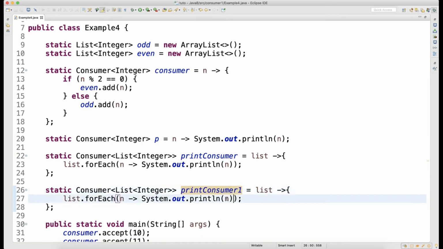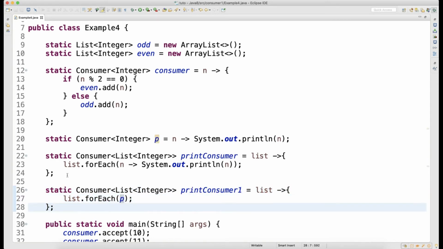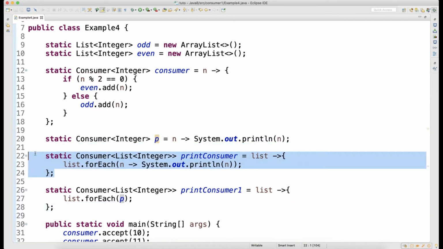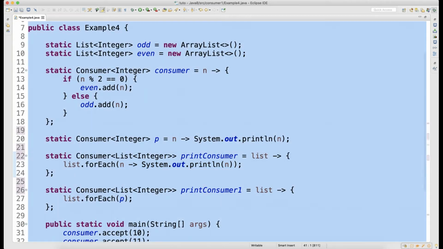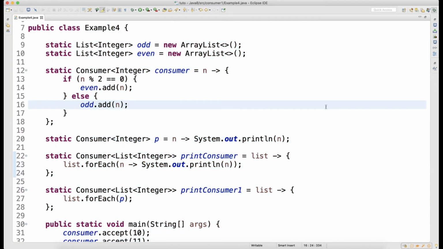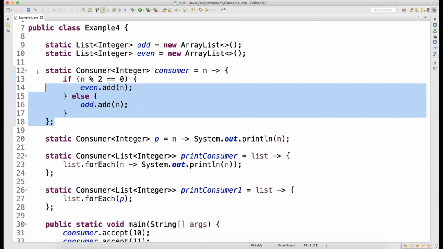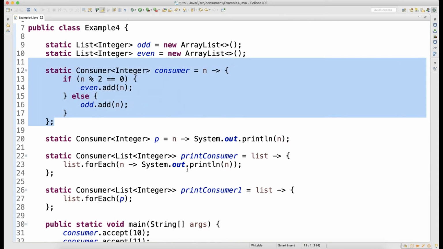So I can just call here P. This is also fine. This I have shown you. Either I can write a consumer outside and call it inside, or in the same consumer, inside the forEach loop itself, I can write one more consumer to reduce the number of lines of code. Cool. So you now have two consumers: one consumer will add and one consumer will print.